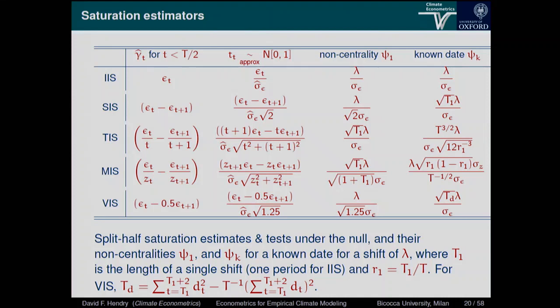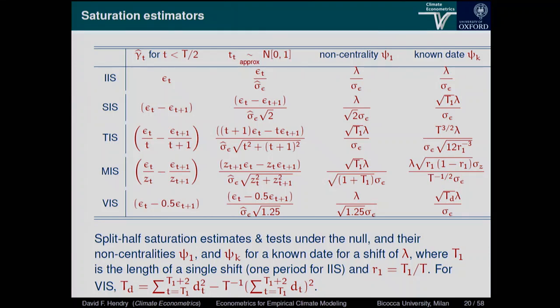Remember, these are under the null in the first 2 columns. So this is what you're going to pick up when you do the procedure, when you don't need to do the procedure. And with MIS, you get rid of these problematic divisions by 0, and they're now multiplied up here, and this can't be 0. So the t-test that you're going to use to make the decision, should you allow for a shift or not, works very well. And with the volcanic one, it's the same.